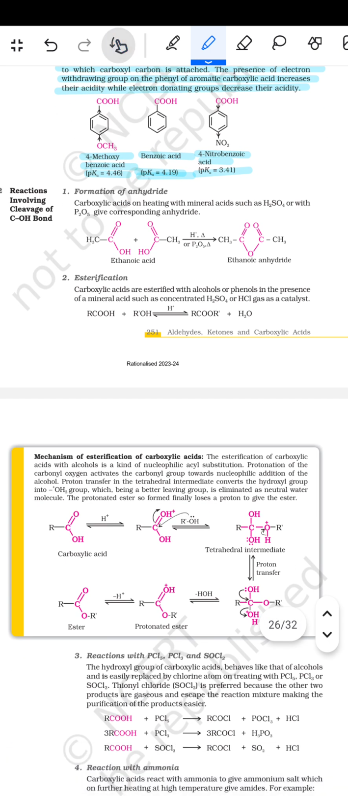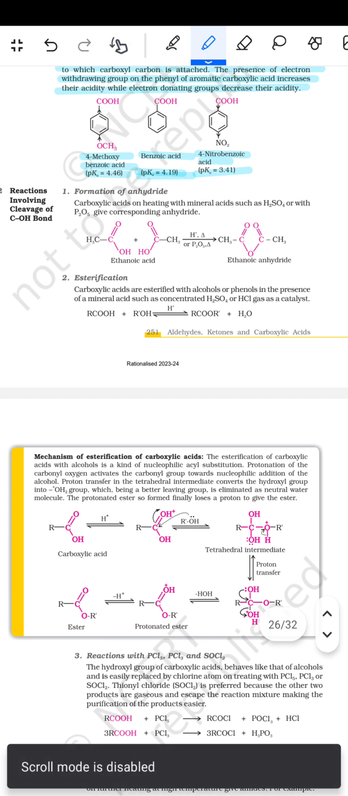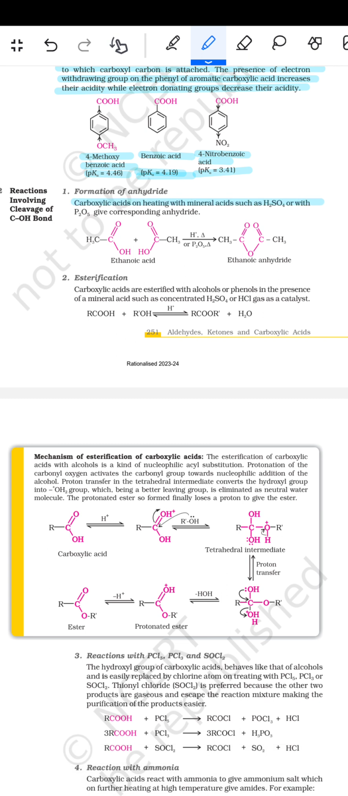the O-H bond: formation of the anhydride. Carboxylic acid on heating with a mineral acid such as H2SO4 or with P2O5 gives the corresponding anhydrides. जैसे इथेनोइक एसिड है, इसमें H प्लस हीट और P2O5 हीट किए हैं तो इथेनोइक एनहाइड्राइड बन जाएगा। तो esterification